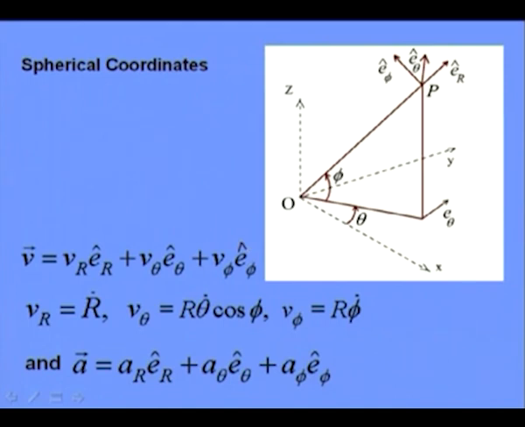V r is equal to r dot, V theta is equal to r theta dot cos phi, V phi is equal to r phi dot. Similarly, for acceleration, we have acceleration A equal to A r into er plus A theta into e theta plus A phi into e phi,